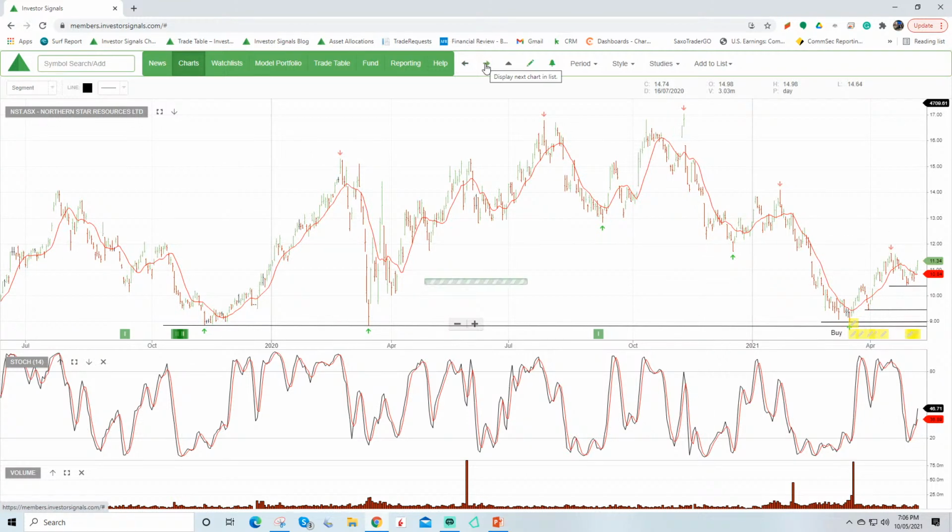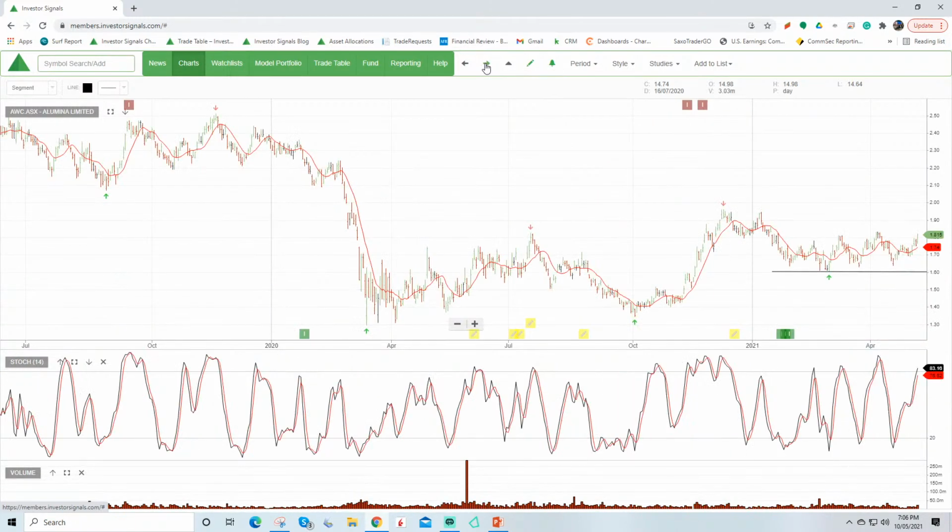And I may even draw your attention to a derivative strategy on that tomorrow, as I did today with CIMIC Group. So you may have seen on the blog the suggestion around a call option as an alternative to being long the stock. So I'll do the same with Northern Star tomorrow.